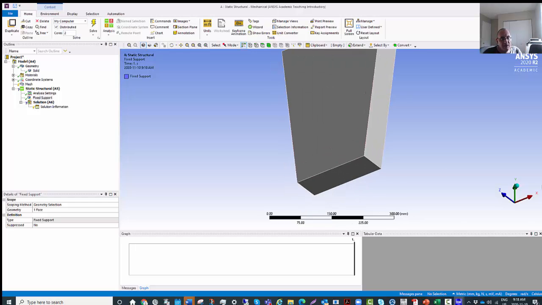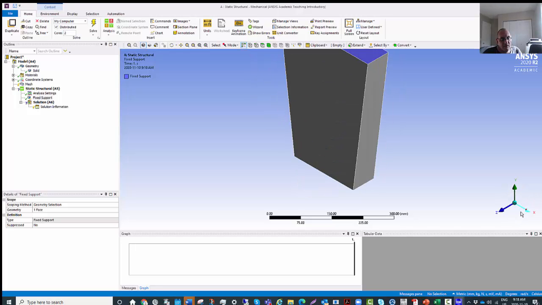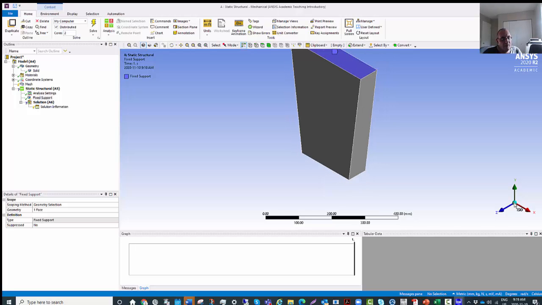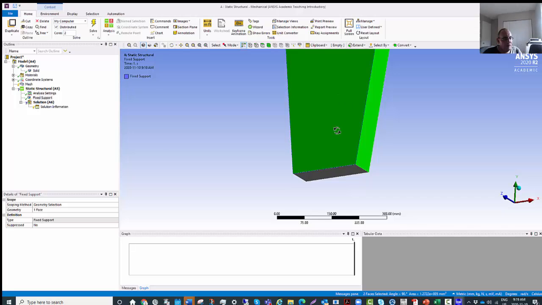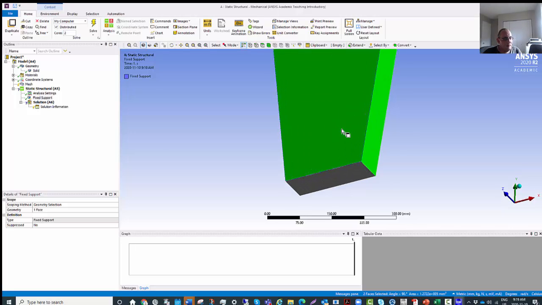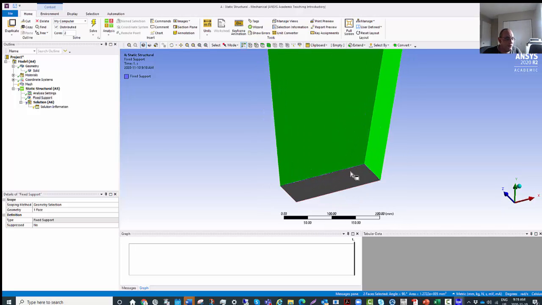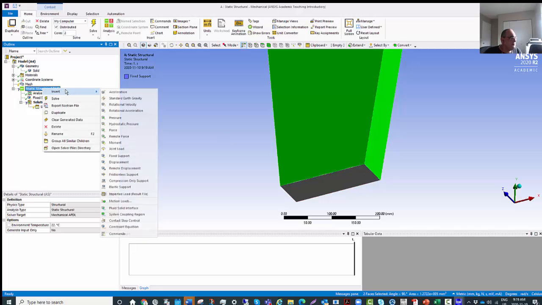Right? You keep rotating things. I think if you hold this thing here, the ISO, you can rotate it anyway. Or you can just rotate it with this one here, to make it easy. Okay, so I want to apply a force to this face here, so I go static, insert,